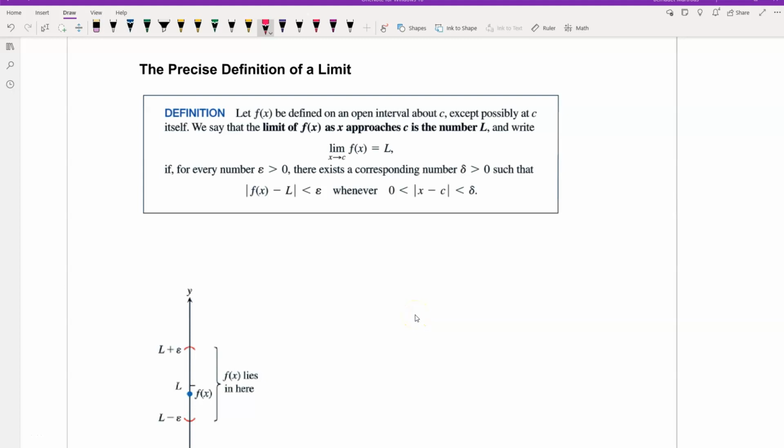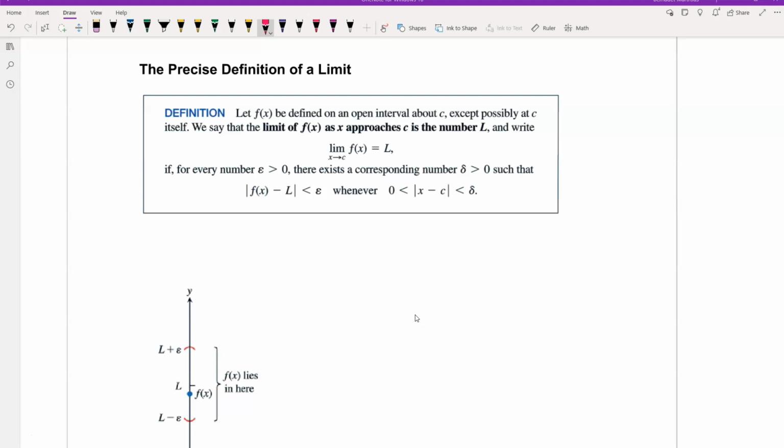The precise definition of a limit. Here we have this definition. Let f of x be defined on an open interval about c, except possibly at c itself. We say that the limit of f of x as x approaches c is the number L, written limit of f of x as x approaches c is equal to capital L,